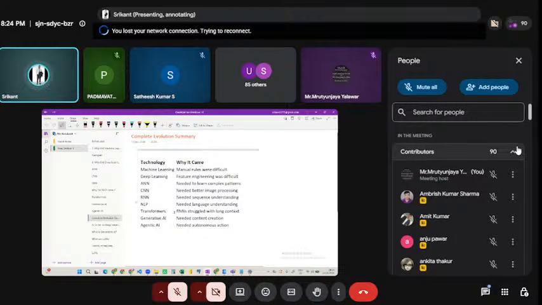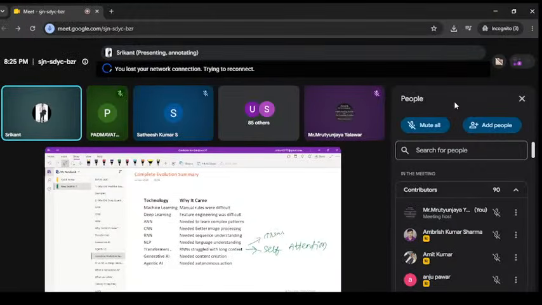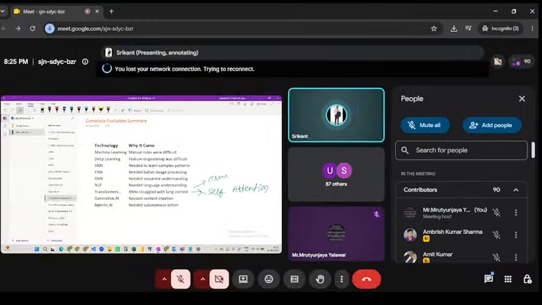Then RNN struggles with long context, so that is why the transformer came to the market. It is totally based on self-attention. One most important word: self-attention. You should remember transformer and self-attention. Basically, what does self-attention do? It basically prefers